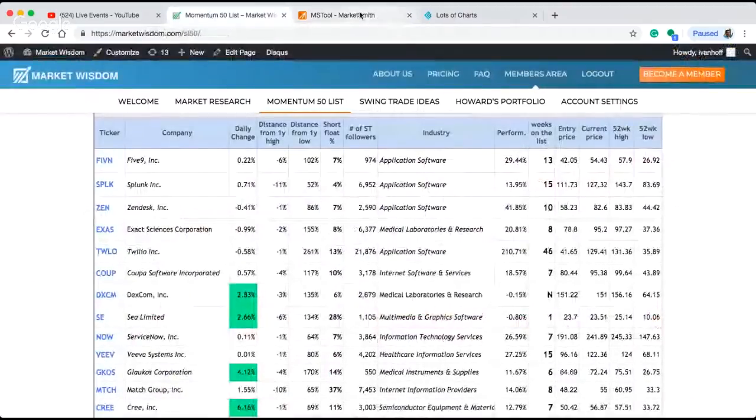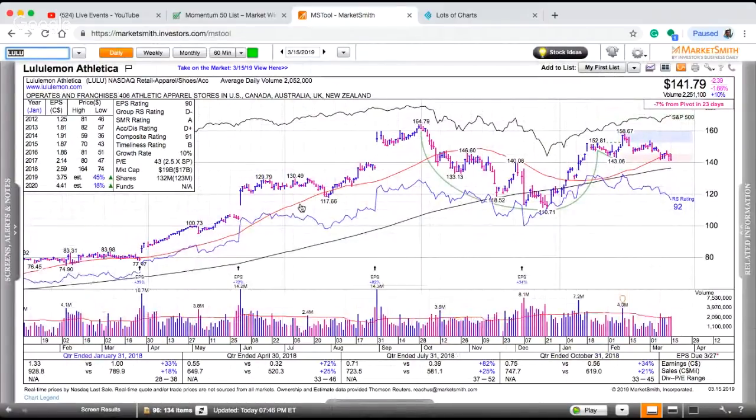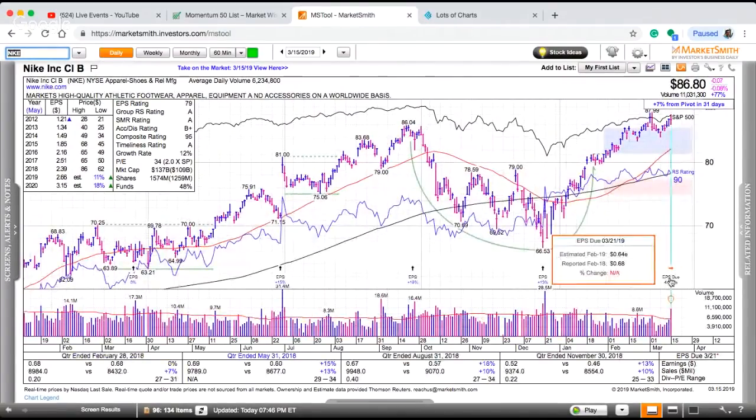I basically traveled for a week wearing Lulu, and I know I'm not all that typical, but the stock's kind of been under pressure. I'm just shocked because I tried their shoes, which I really liked. So I don't know, I'm surprised that it's not participating. Nike, kind of all the fashion stocks have been. I think Nike reports earnings this week, in 4 days, so that might steer some movement in the sector,